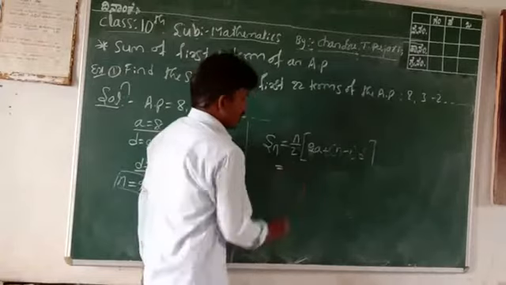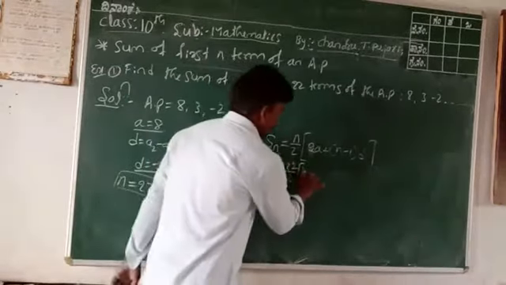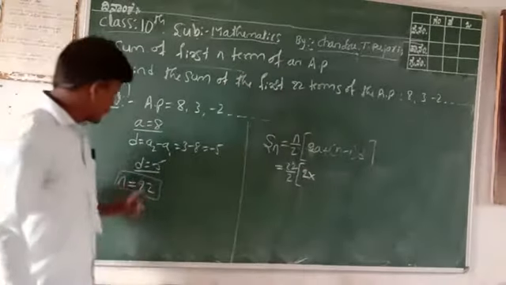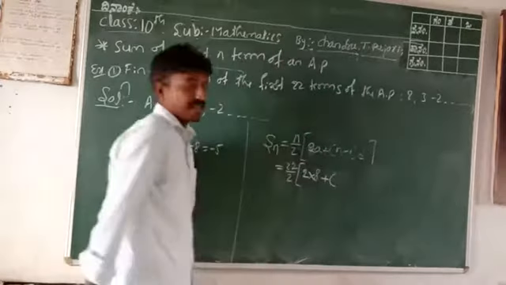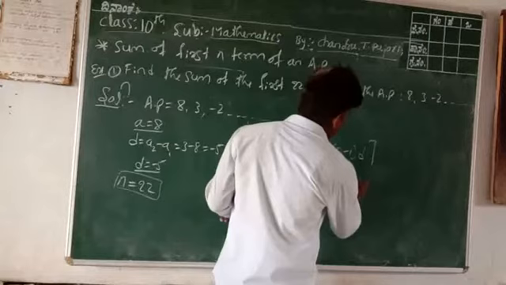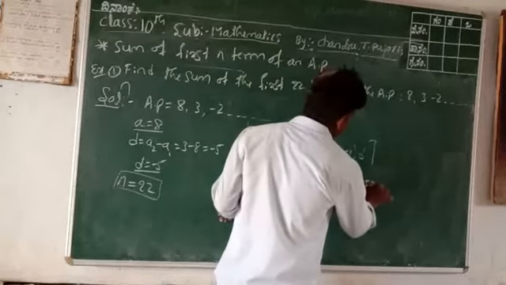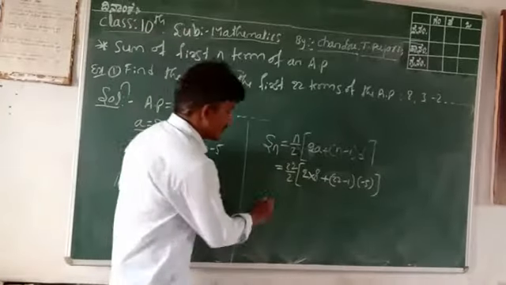Therefore, Sn is equal to 22 divided by 2 into bracket of 2 into A, A means 8, plus bracket of N value 22 minus 1 into D, D value is minus 5. Next, simplification is, therefore